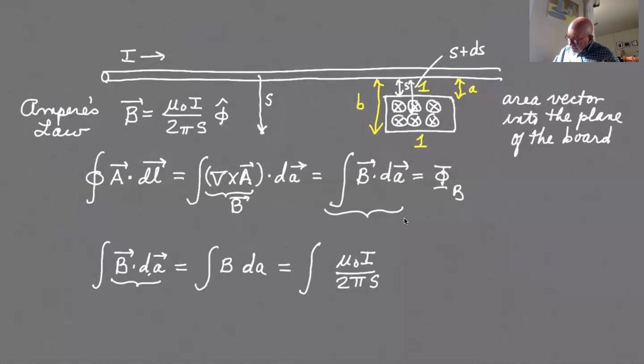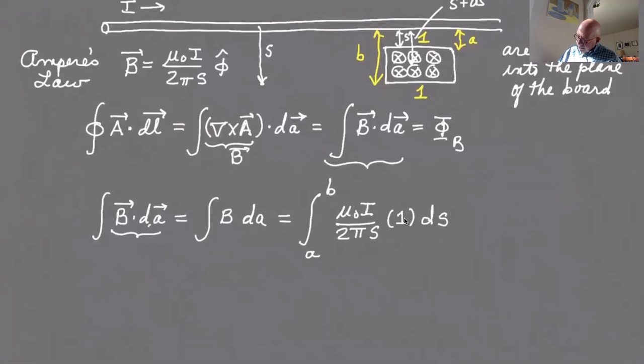So the difference between those is going to represent the distance in here. So that's just going to be ds. And so ds times 1 is going to be the differential area. Okay, so this is going to be then 1 times ds will be the area. And we're going to integrate it from A to B. Okay, and so that's going to merely give us,